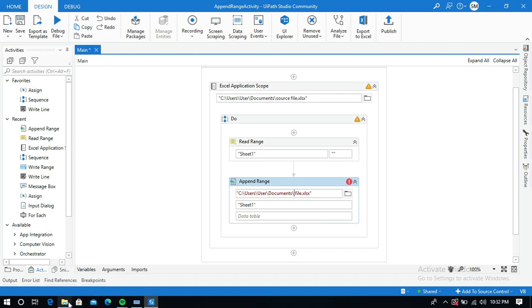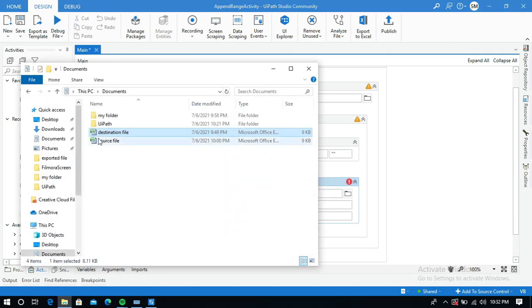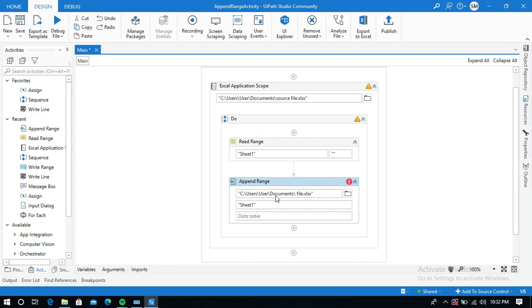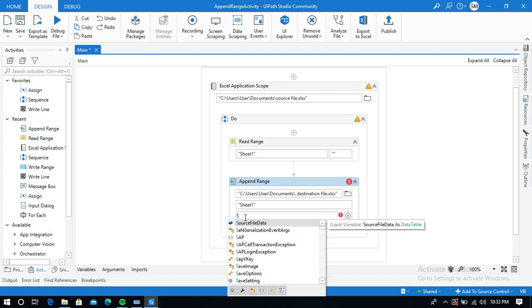Okay, what is its file name? Destination file. Now we need to pass the output data table variable name. It's source file data.